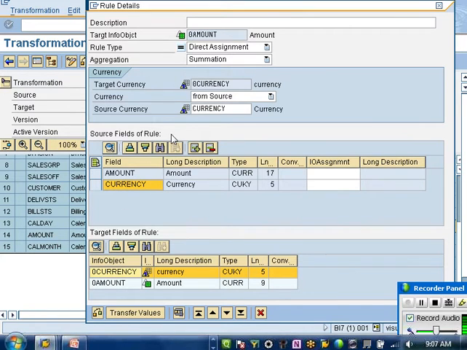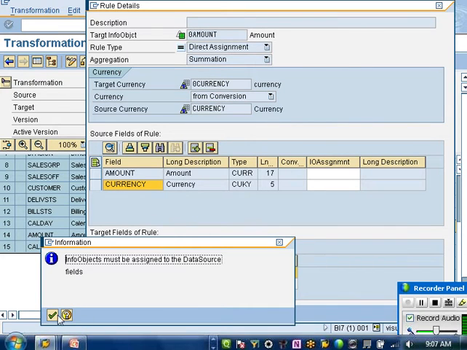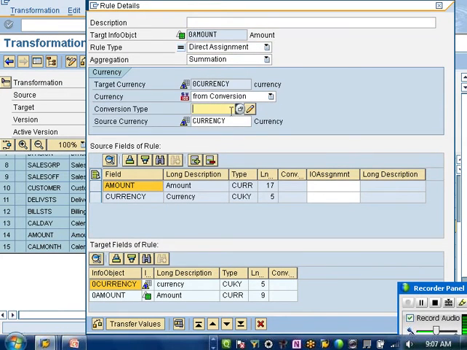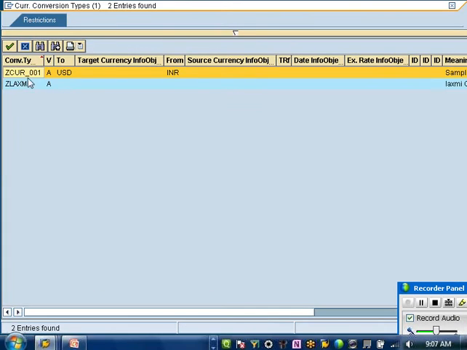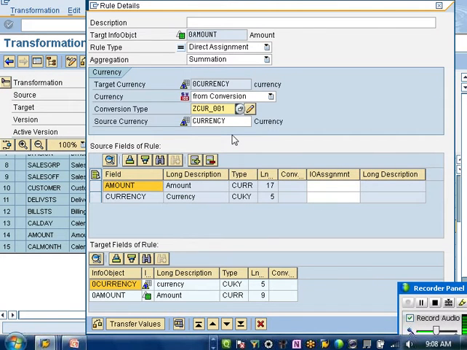But I want currency conversion here. So the target currency is so and so, source currency is so and so. Now it's a direct mapping, same value, but I want the currency conversion from the drop down. I say from conversion. What is the conversion you want to use? 001. Okay, fine.